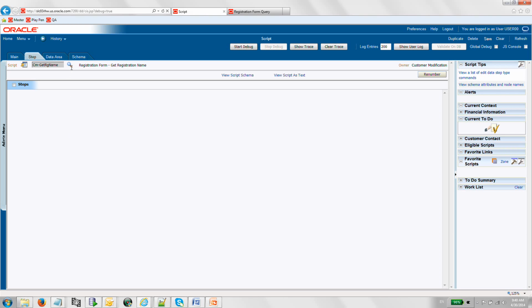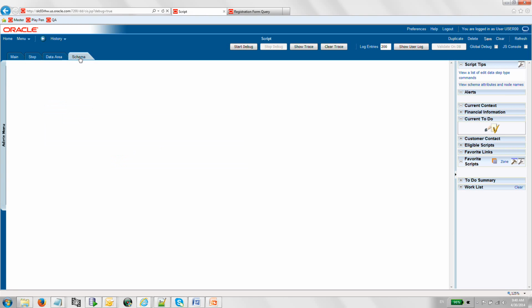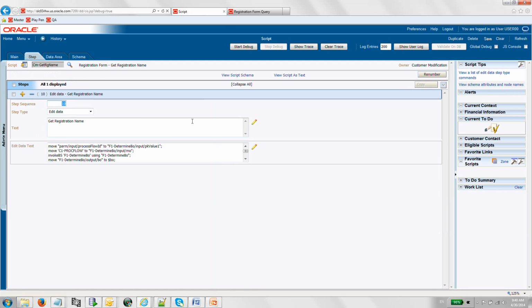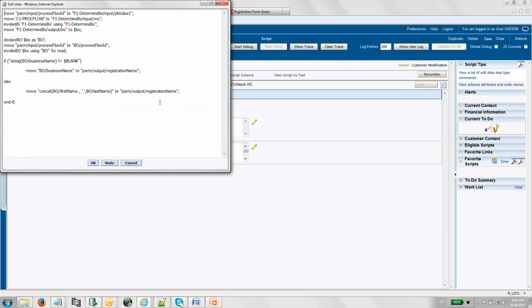So first of all, if you look at the schema, it takes the input as the process flow ID and sends out the registration name. Now looking at the step, what I am doing is something very trivial: calling the BO, passing in the process flow ID, getting the business name if it exists, and that is what will happen for a business registration form,